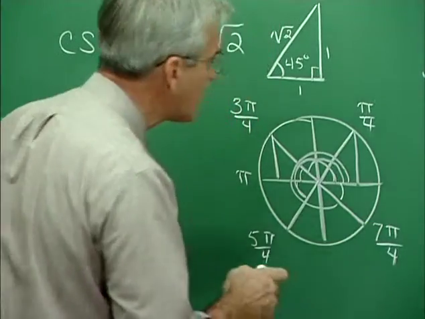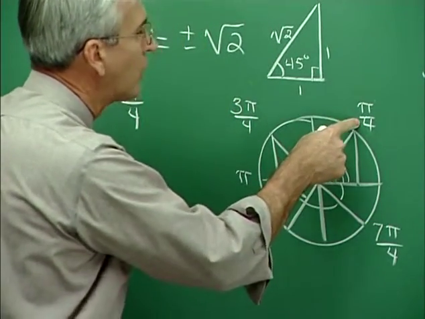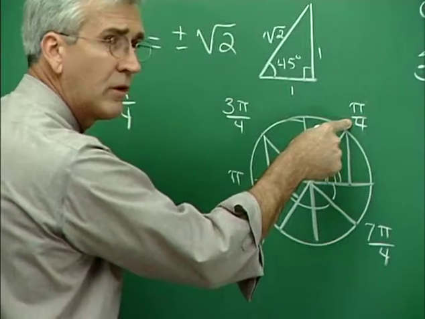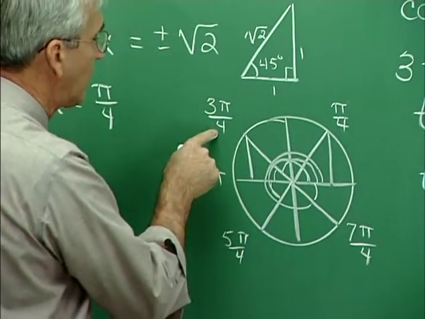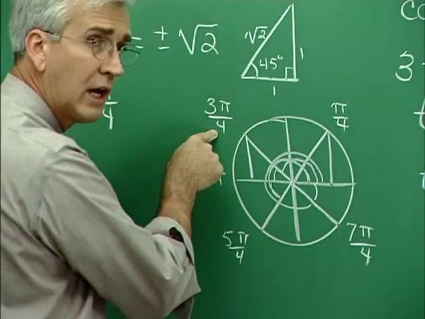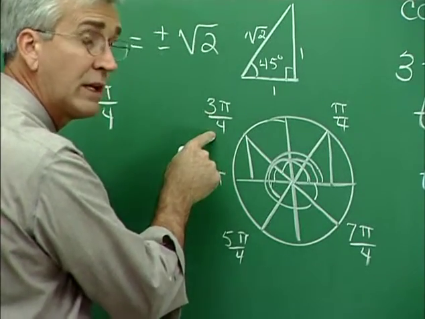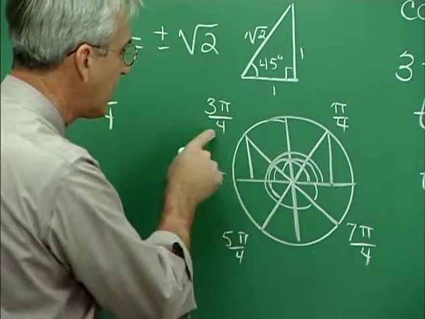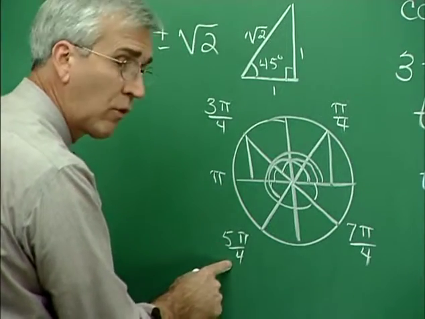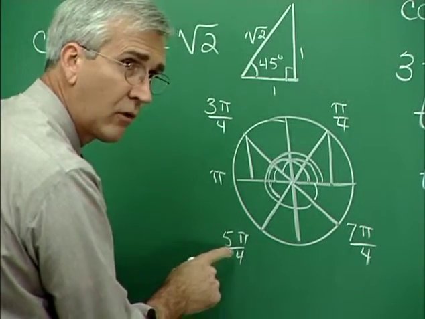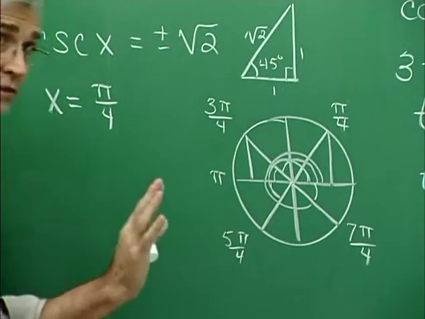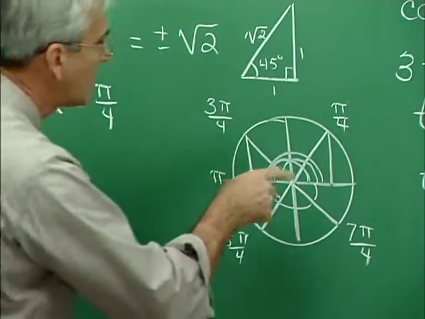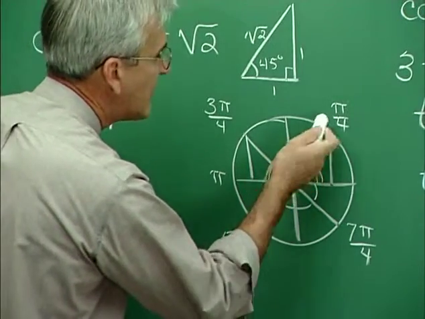Now, are we going to take the time to say pi over 4 plus n times 2 pi for this one, and then 3 pi over 4 plus n times 2 pi for this one to get all of the coterminal angles associated with this one, and then 5 pi over 4 plus n times 2 pi for all the coterminal angles for this one, and then again for that one. Well, it turns out we don't need to do that because of the idea that the distance